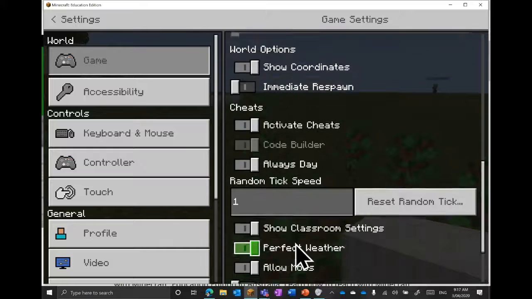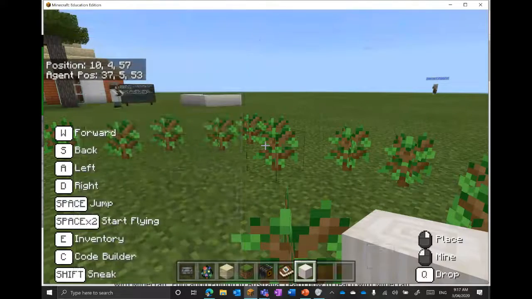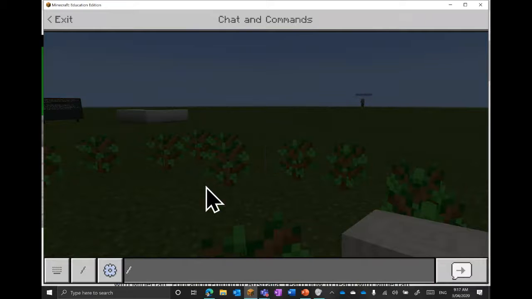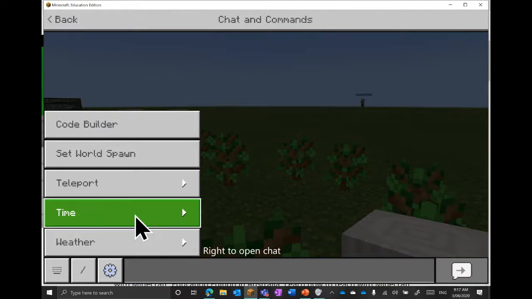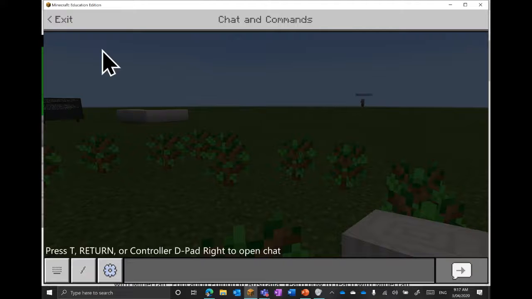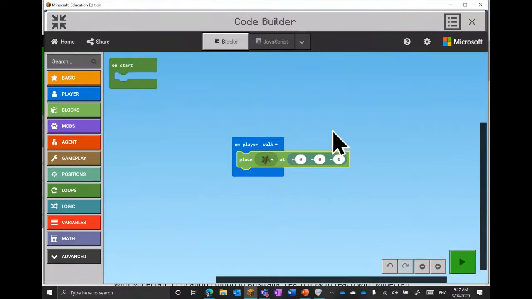So if I expand that, you'll see that there are things like always have perfect weather. If I press the forward slash, it comes up with a bunch of chat commands, and I have the ability to click on the time of day or the weather. So we can have some control over that, and I might come back in a future world and just show you how that works. But if I go back to my code builder, sorry, getting sidetracked there a little bit,